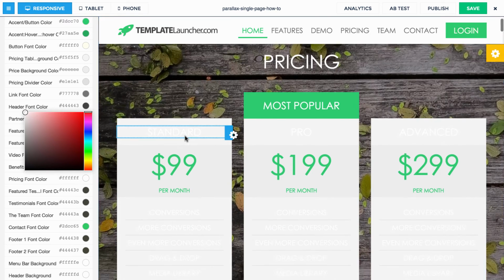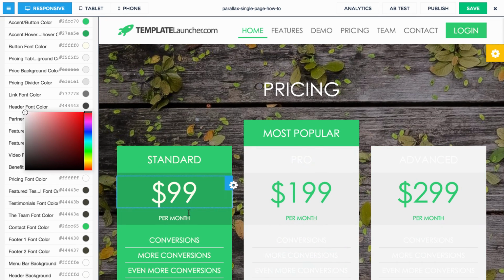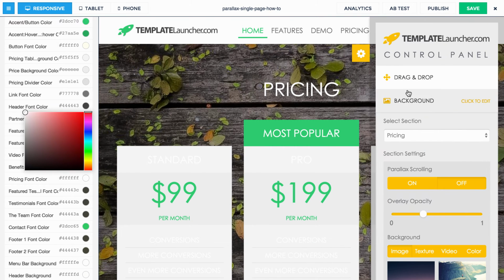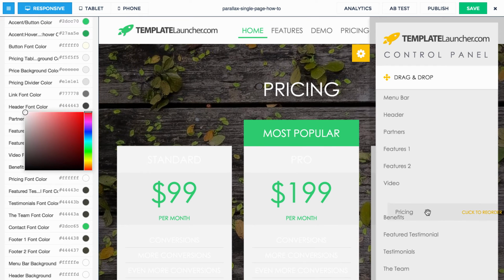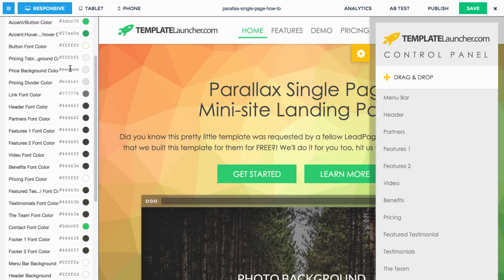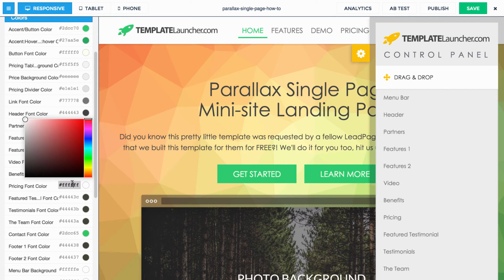There we go. Pretty cool. Let's move this back down here. I'm going to change the pricing font color to,